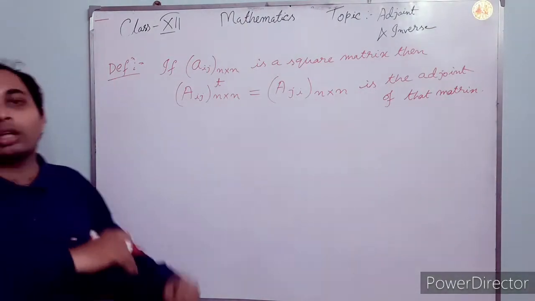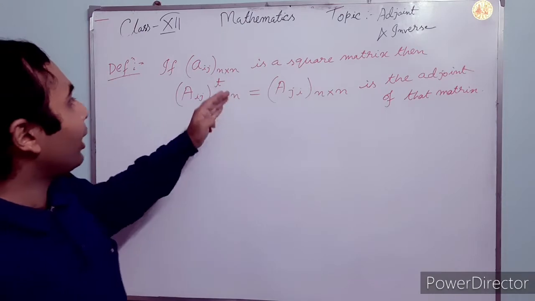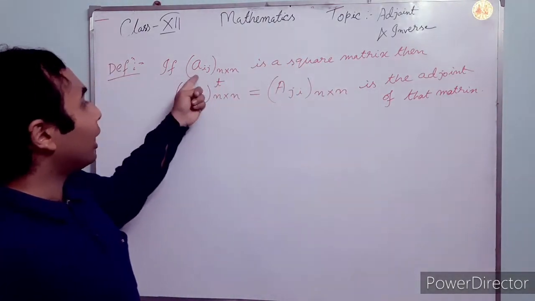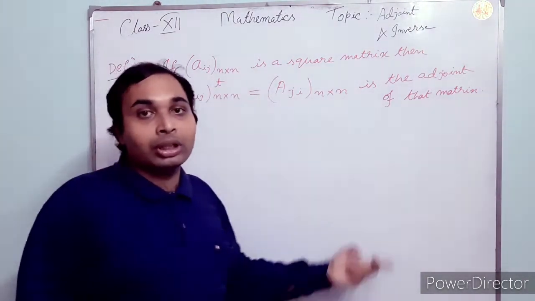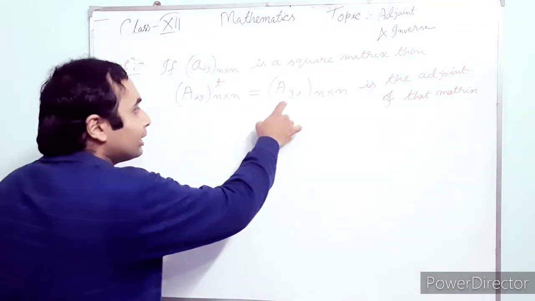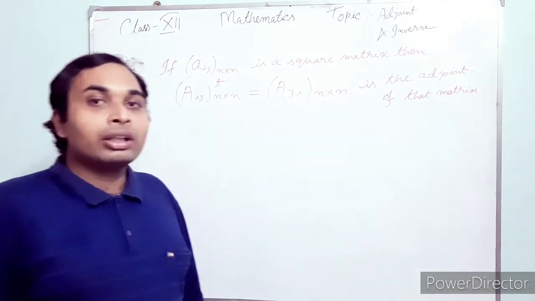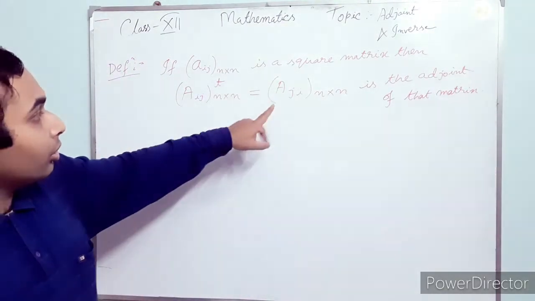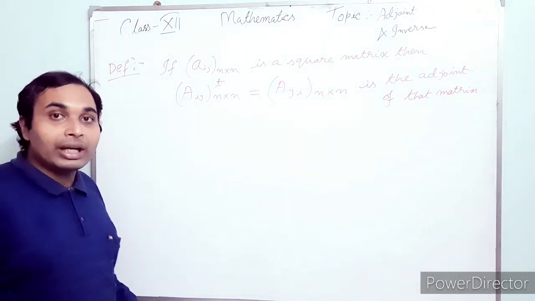So definitely you have not understood this one. What is it? I have written here Aij n cross n, and its adjoint will be only here it was small letter and here it is the capital letter, and it is now Aji n cross n. So let us see what it is. Here this is called the cofactor. Previously I have told you about the minors and the cofactors, I will show you again. So this is the cofactor of the elements of the matrices.